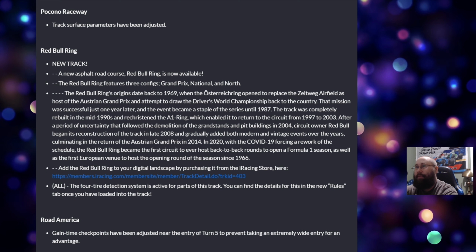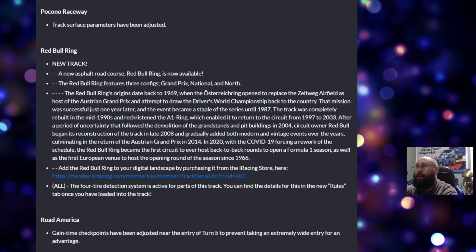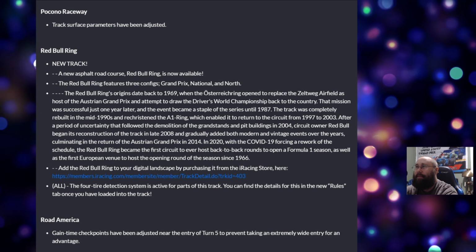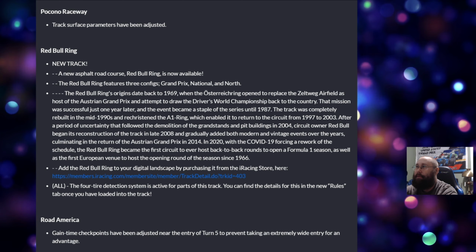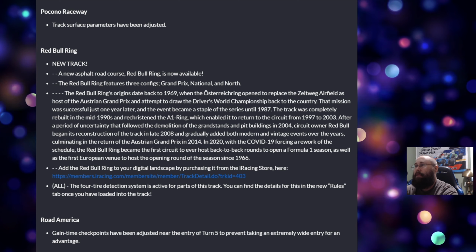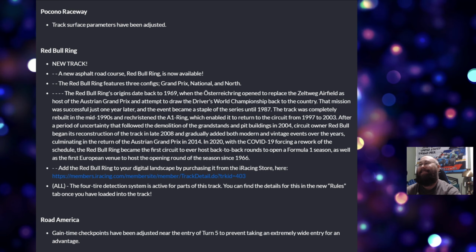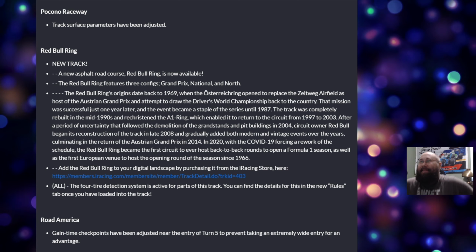The Red Bull Ring's origins date back to 1969 when the Österreich Ring opened to replace the Zeltweg. I don't know. I took German. You think I could pronounce some of this stuff? I know it's Austrian, but